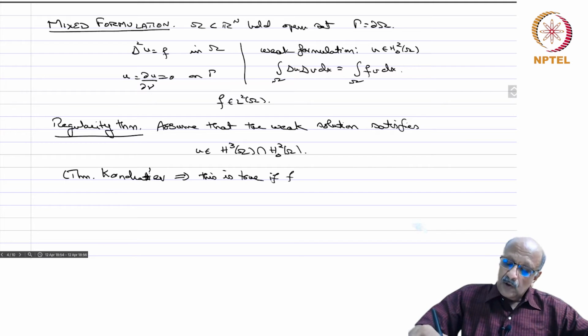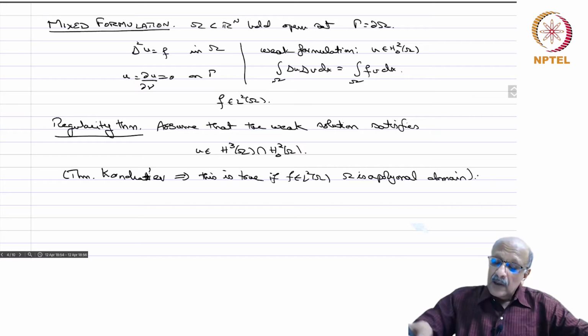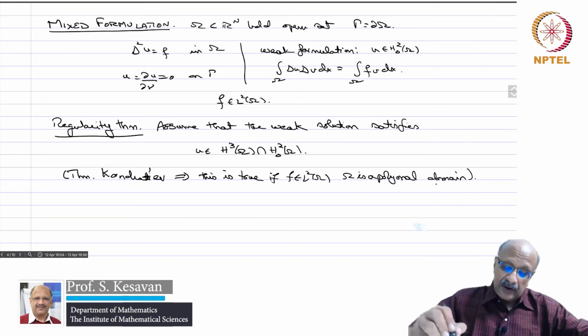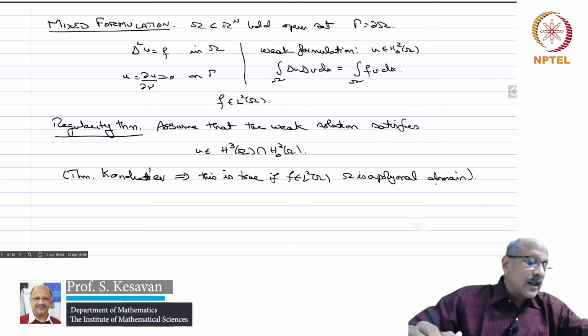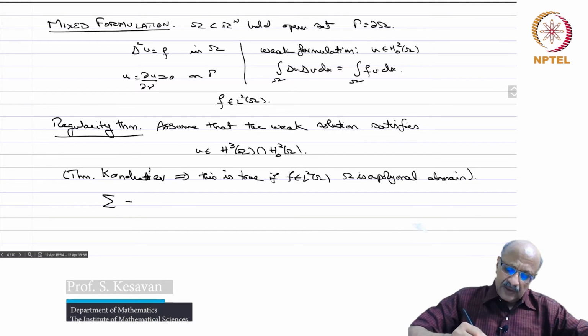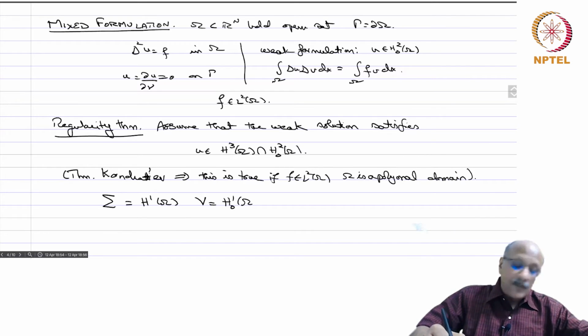if f belongs to L2 of omega and omega is a polygonal domain, and obviously for much more also. If it's a smoother domain, this is about the minimal hypothesis for this. Okay, so there's a theorem of Kondratiev which says this, so this is not an unreasonable hypothesis. Okay, so now I am going to say sigma is H1 of omega and V equals H10 of omega,